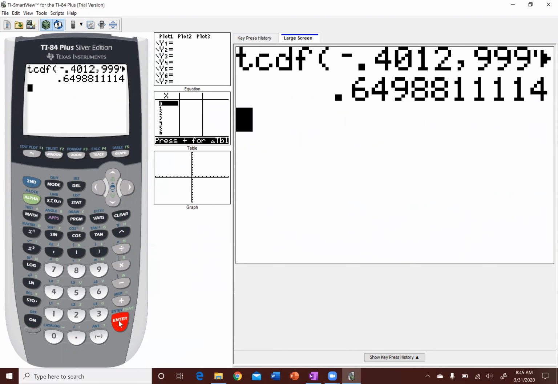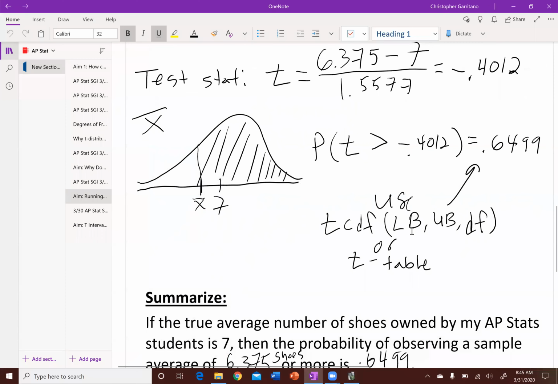Paste, enter, and you get 0.6499 approximately, right? And that's the probability of observing a test statistic of negative 0.4012 or larger, assuming H null